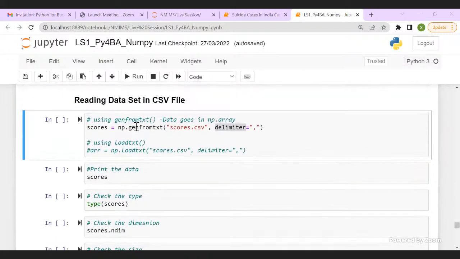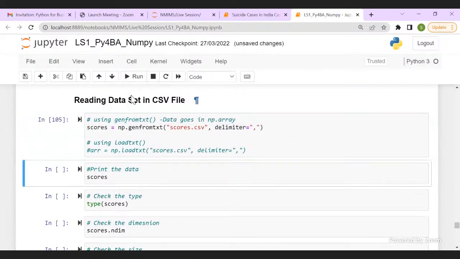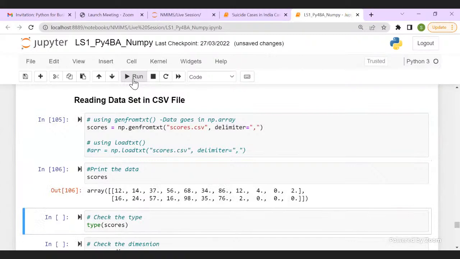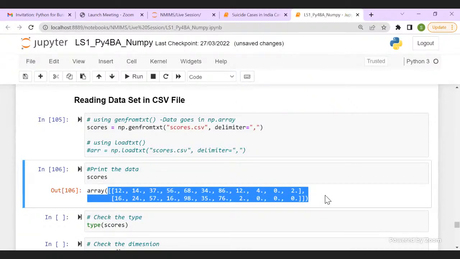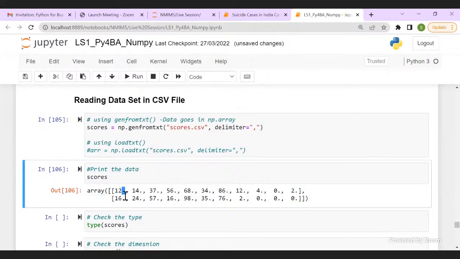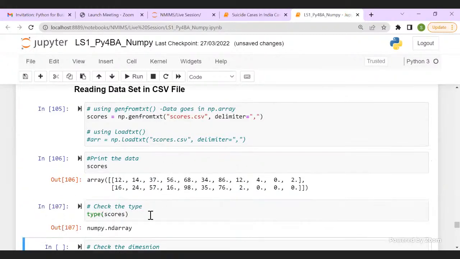Okay, so let's load the data and see if we are able to load it. So I have loaded. I'm not going to spend much time on this genfromtxt and loadtxt, because from next class we will be loading the data into a pandas data frame and we won't be coming back to numpy CSV files. I have loaded the data into arrays, and since I did not specify what type of data, it has taken it as float data. That is why you are seeing a decimal point. So let's confirm our theory.